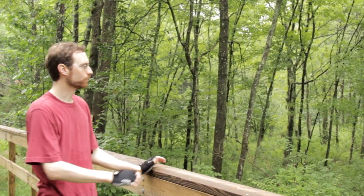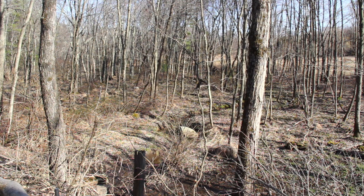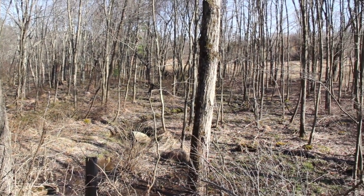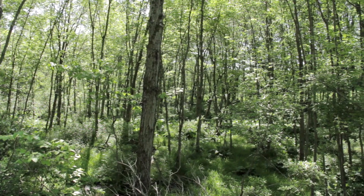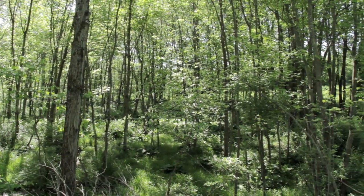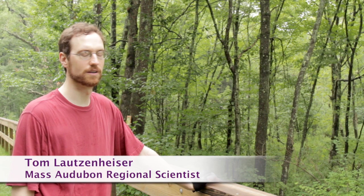Looks like a red maple swamp, and probably this little intermittent stream is tributary to the Manhan. And the trees are basically entirely red maple. There may be some ash, white ash or green ash in there. Red maple swamps are about the most common wetland type in Massachusetts, at least inland,